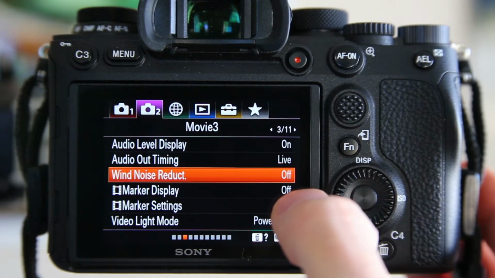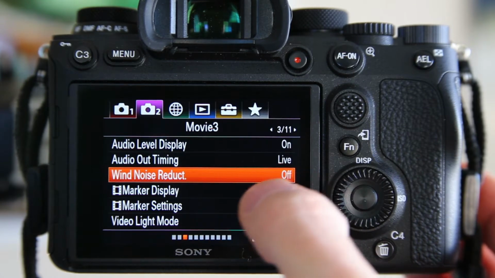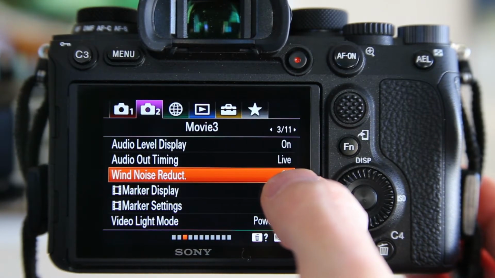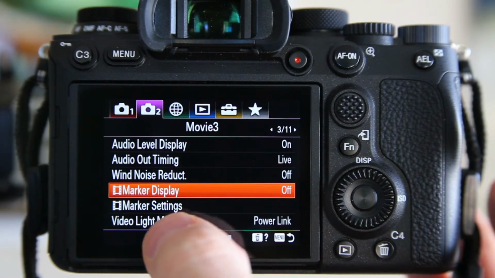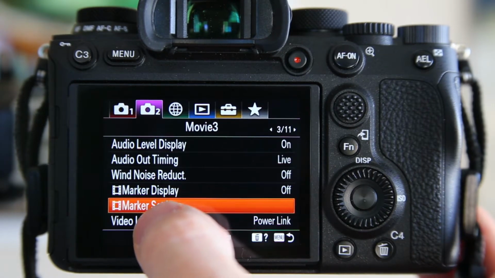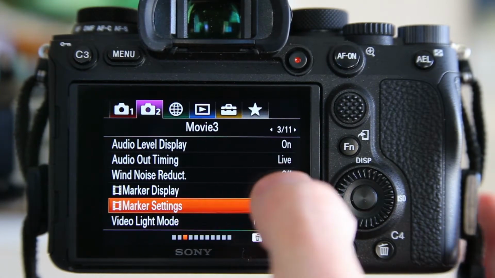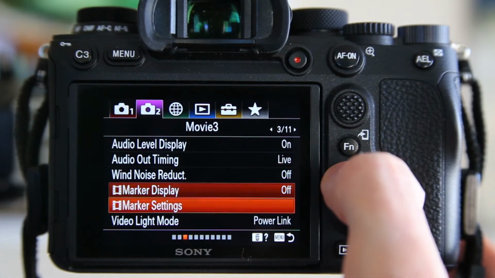The wind noise reduction I have off. If I am trying to get the sound and it's really windy, I would turn that to on. But for me, most of the time, I remove the soundtrack as I said, so I just leave that to off. The marker display, if you go into this one first and set up some parameters for your markers, things like the aspect ratio, the center of the frame, the safety zone for TV viewing, then you can display it here, but I don't set any of that up, so I leave that to the off,